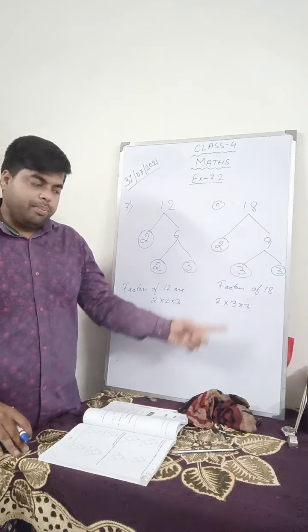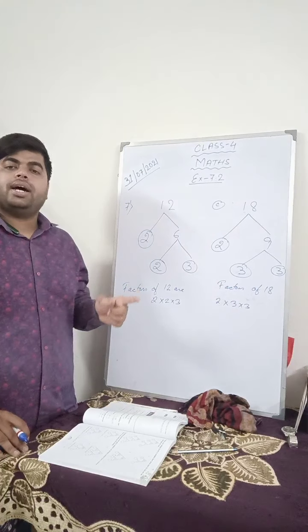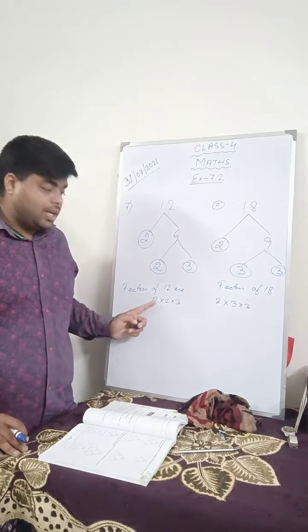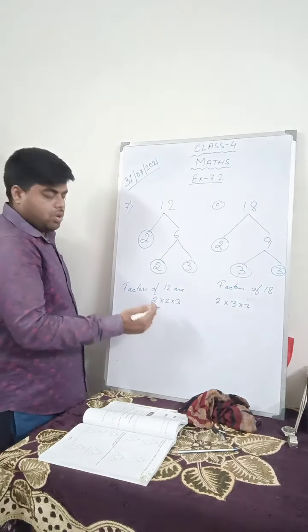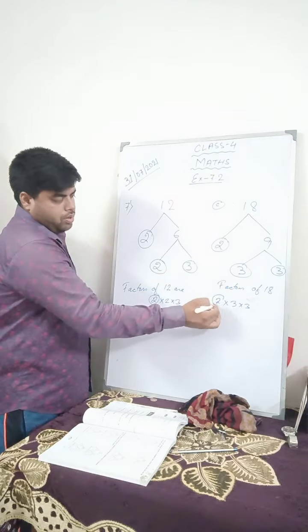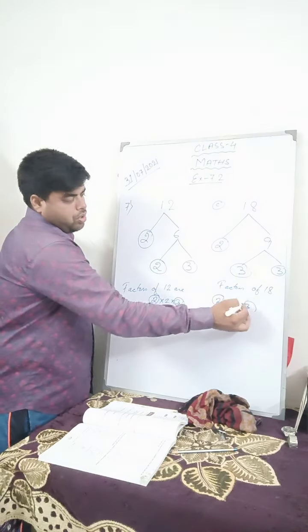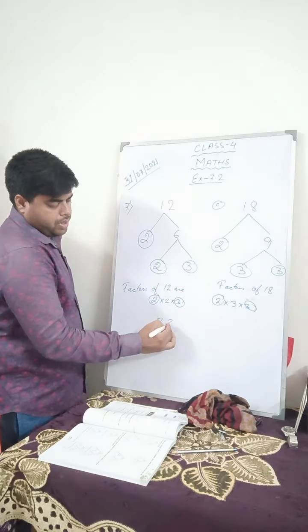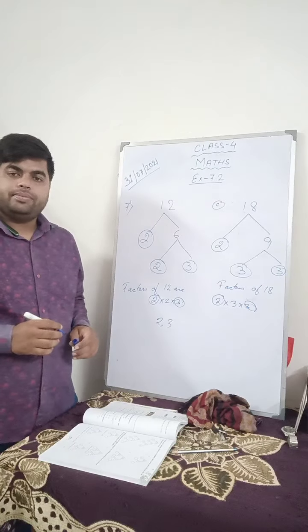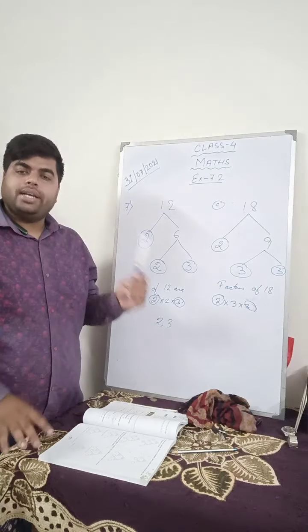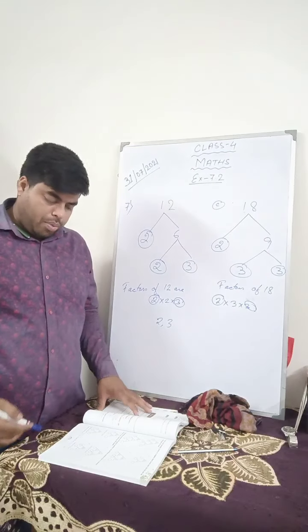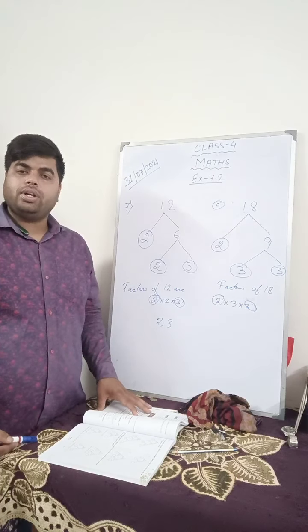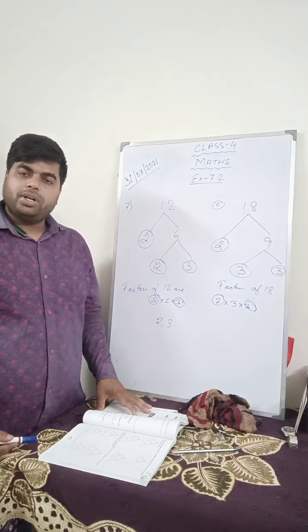Now you will complete all the 4 sums. After that you will see whether any factor is common in all the 4 or not. Now see, in this, 2 is common, 3 is also common. So you will write 2 comma 3, like this you will write. And if there is any common factor, then finally you have to write it in that. See, in the last line they have given common factors of 12, 16, 18 and 20. So I hope, children, you have understood.